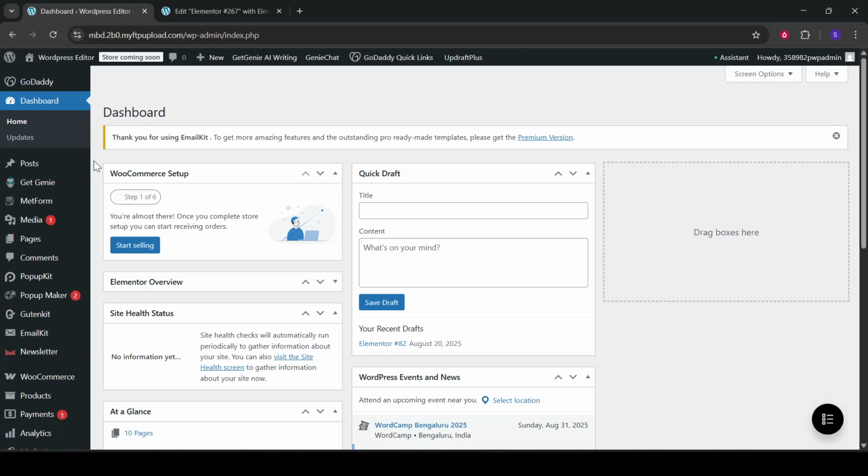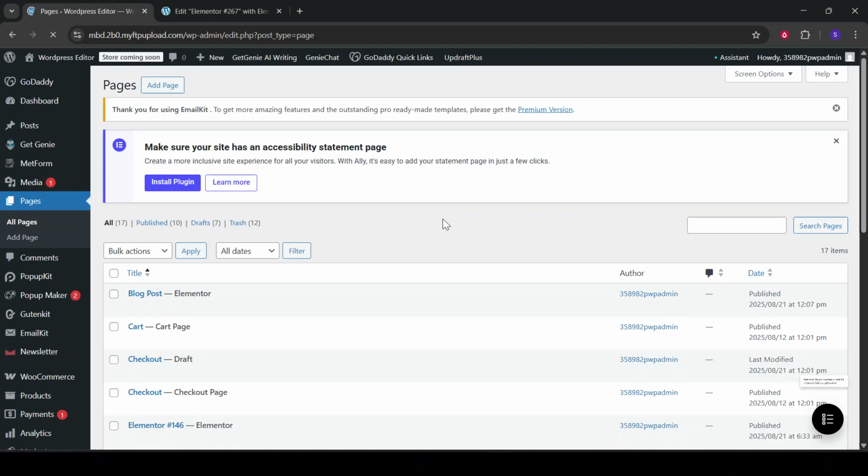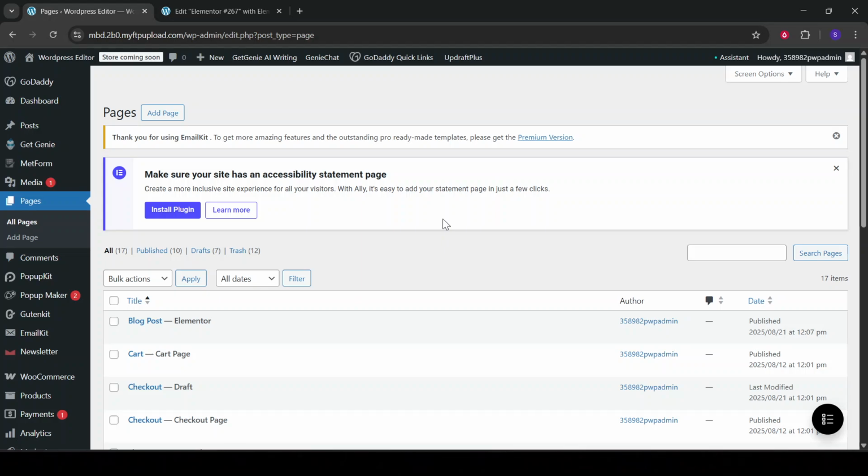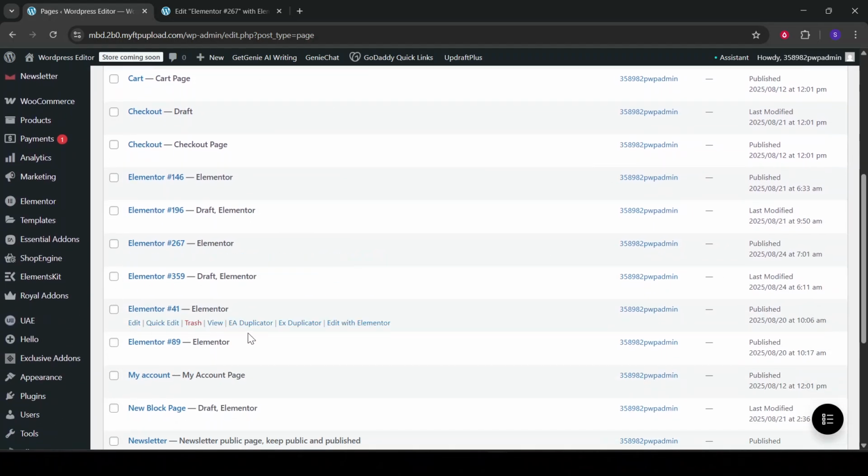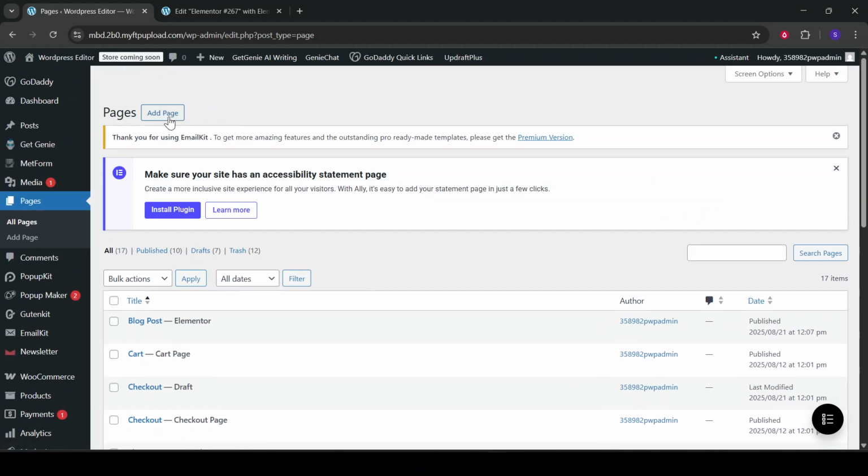Keep an eye out for the Pages tab. You'll want to click on it. This will take you to a comprehensive list of all the pages currently available on your website. Next, decide on which page you want to use the Elementor editor. If you don't yet have a specific page in mind, feel free to create a new one by clicking Add